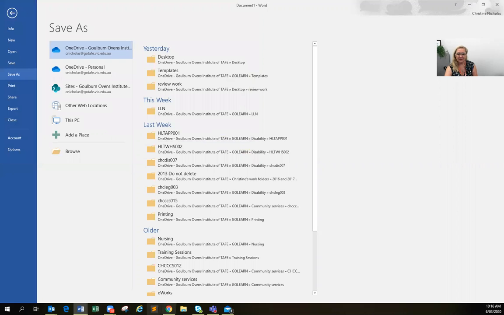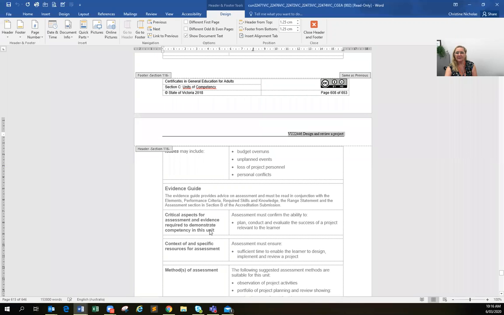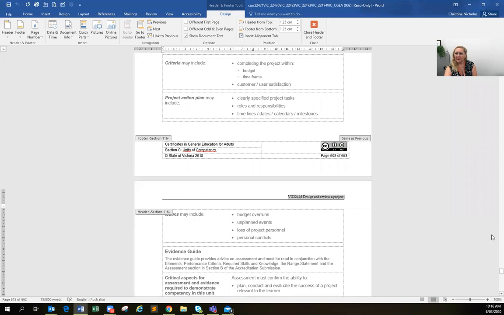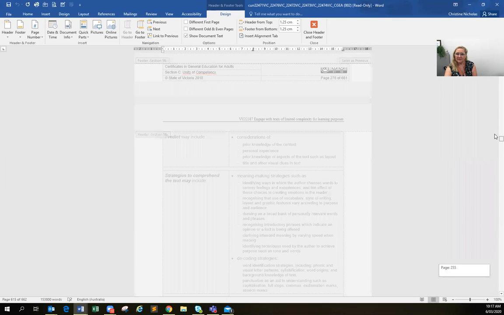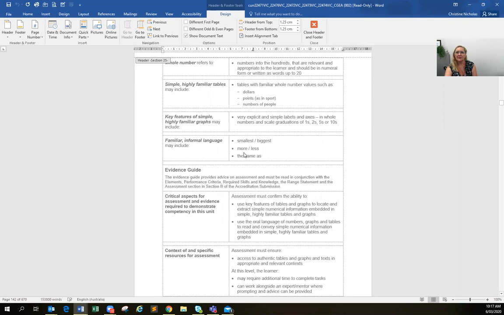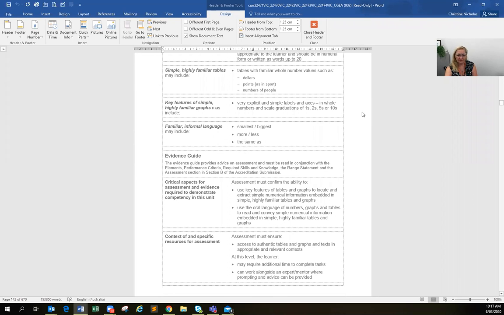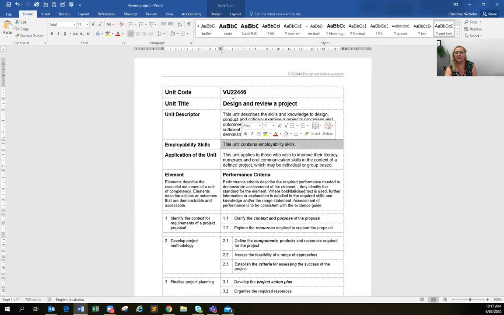Okay, so going back into here now, so that unit descriptor I would get from that Word document. Now the Word document is here, so bringing it up and going back up here. Nope, I've got the wrong document, I've got the big one, I think. I'm just going to that one. So I'll just grab that unit description, Control C, go back into my